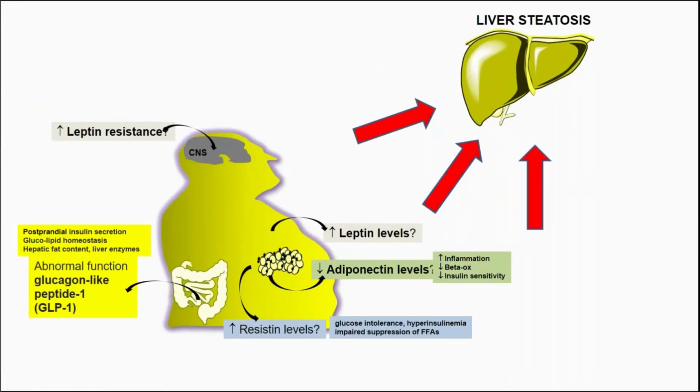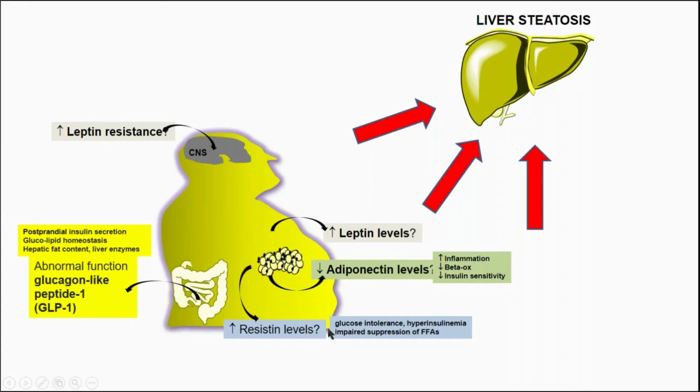Hormones, for example: increased leptin production from visceral adipose tissue might lead to further steatogenic mechanisms and also might work through a kind of sensitization at the level of the central nervous system with effects on appetite and satiety. Decreased production of adiponectin, with decreased levels, might increase inflammation and insulin resistance and decrease hepatic beta oxidation, another contributing factor.